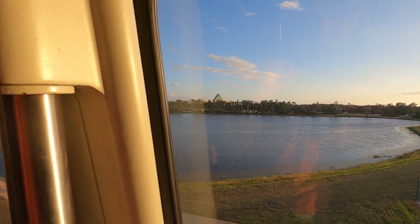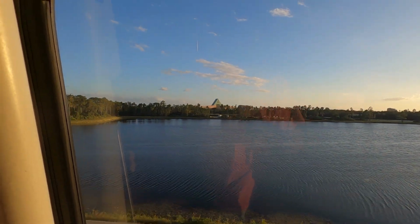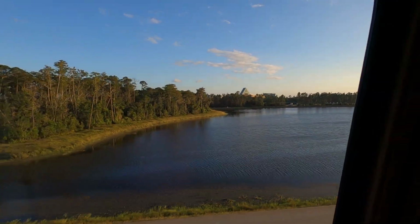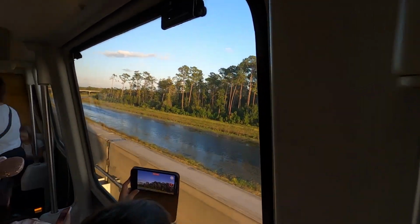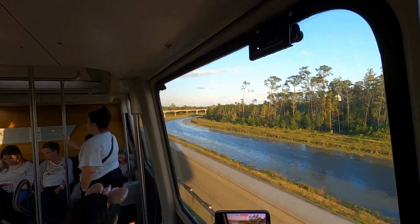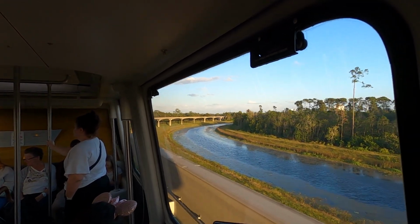In the distance over there, guys, that's what I'm talking about with the hotels. That is the Swan, the Dolphin. That one, the big triangle one, is actually the Dolphin Hotel. Now we're still making our way along. We're coming around, and up in front, you're going to start seeing signs of Epcot up there. So just keep your eyes in the distance. You'd start seeing the ball over there a little bit to the right. You can see a little bit of that as it's getting a little